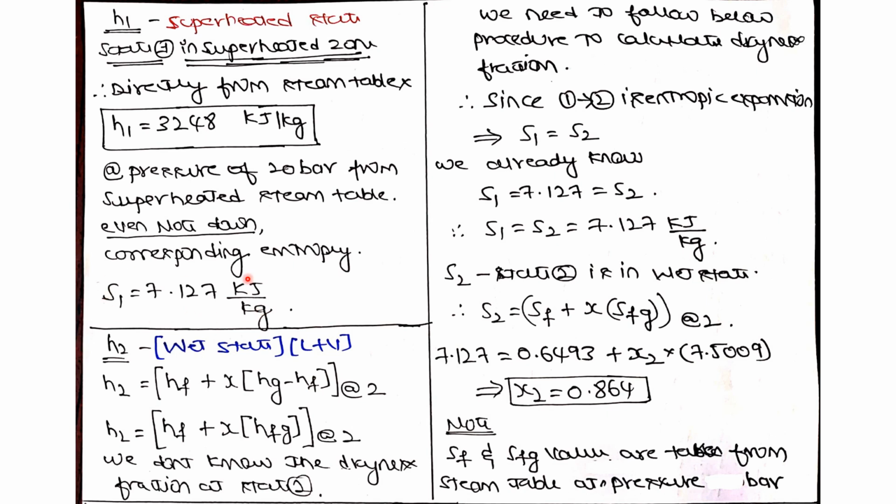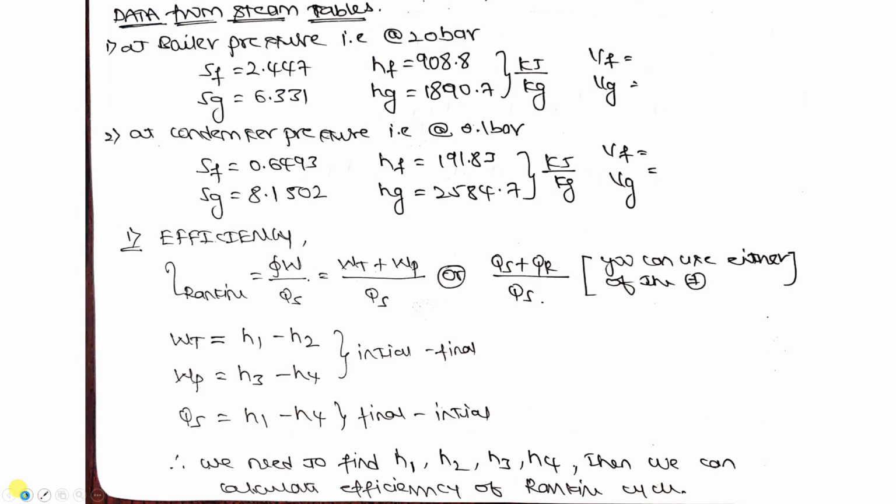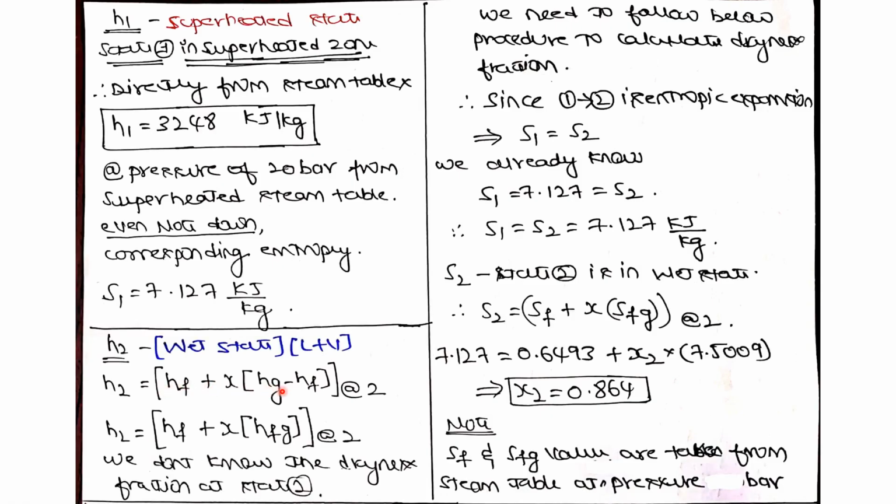Now H2 is the enthalpy at state 2. Where is my state 2? We have to look for it. So here is my state 2. If my state 2 is in the wet region, how do you calculate your enthalpy? Enthalpy at state 2 equals HF plus X into Hg minus HF. This is the way you calculate your enthalpy if your state point is in the wet region, that is at state 2. That means you need the value of HF at state 2, X at state 2, Hg at state 2. Okay, we don't know the value of the dryness fraction. See, HF at state 2 and HFG at state 2.